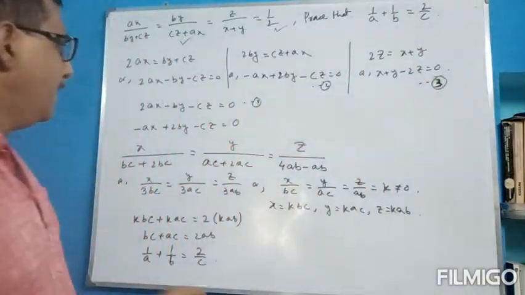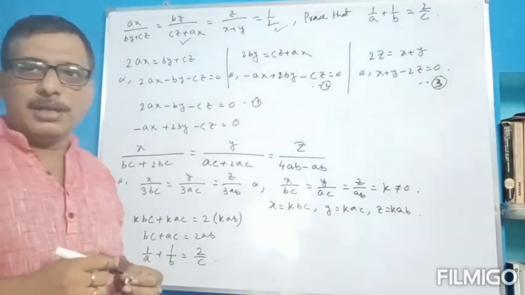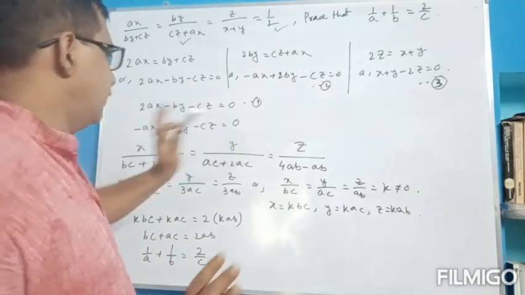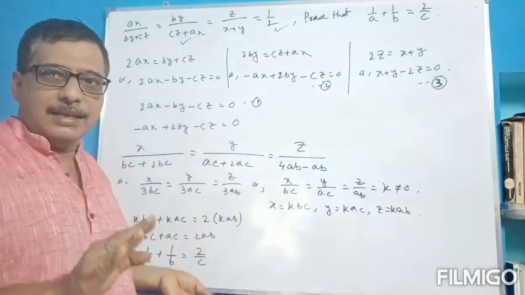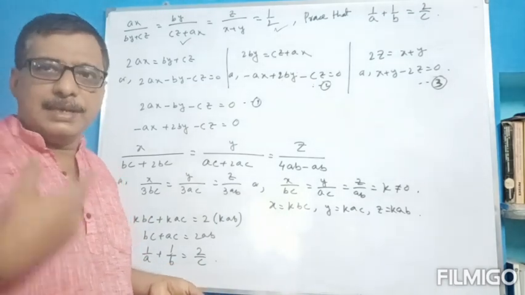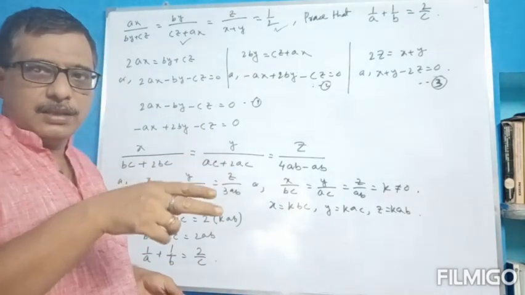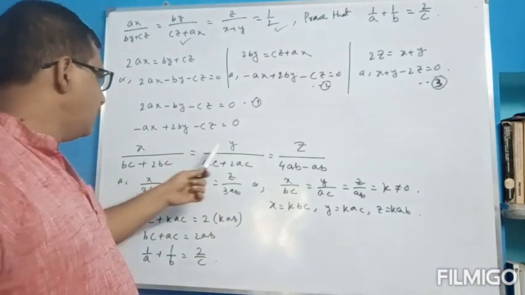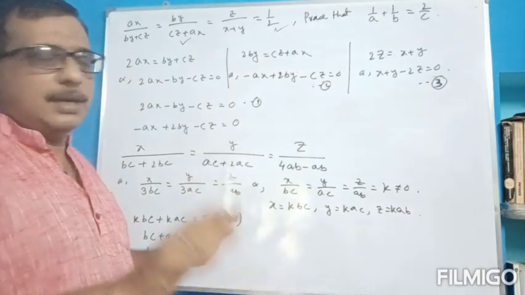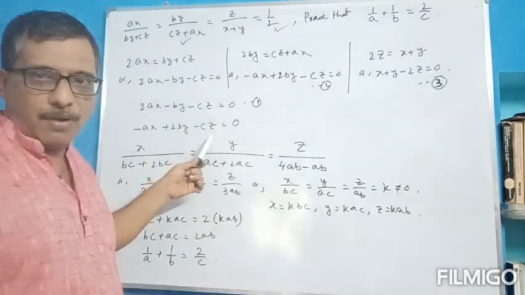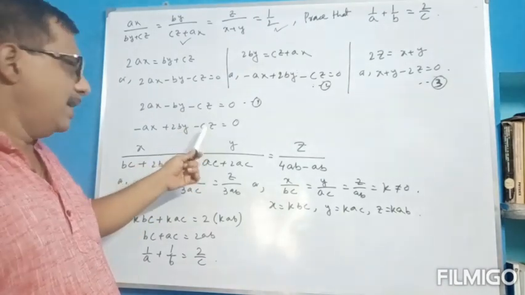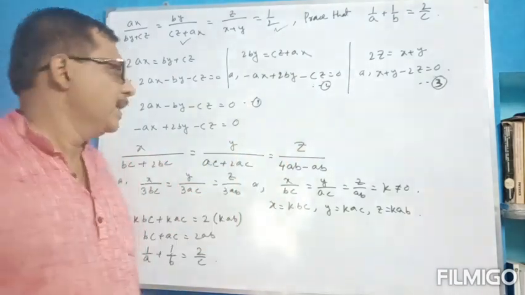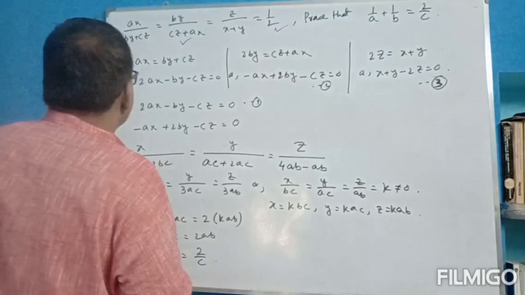Now we find x, y, z from the first equation by cross multiplication. x by, y by, z by, as we did in class 9 when simplifying simultaneous equations. In that case there are two variables, x and y, and the third one is a constant. We write x by, y by, 1 by. Instead of this, since it is not free from the variable, this is z, so we can write x, y and z instead of 1. Same procedure follows for cross multiplication.